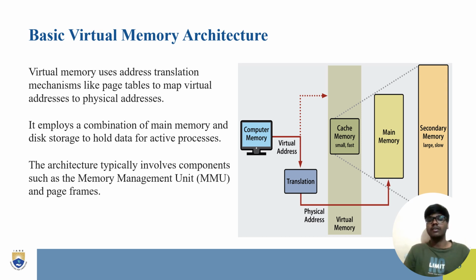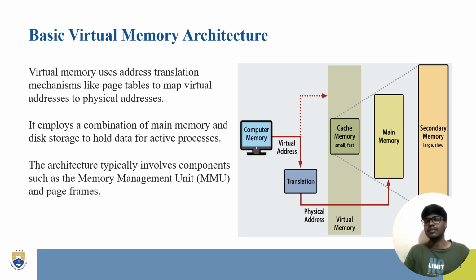Here, I can explain this with the diagram. Here we have a computer memory, which is further divided into virtual addresses, where it goes into translation, where virtual memory uses address translation mechanisms like pages and tables to map virtual addresses to the physical address. So from the physical address it goes to the cache memory, and then to the main memory